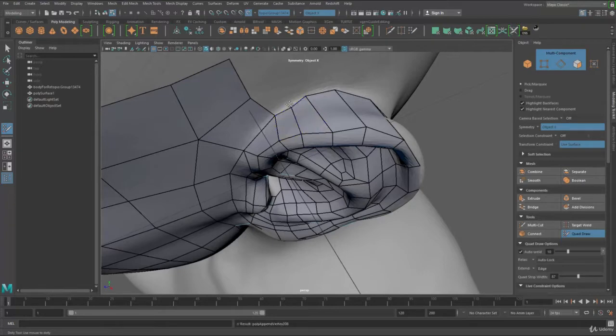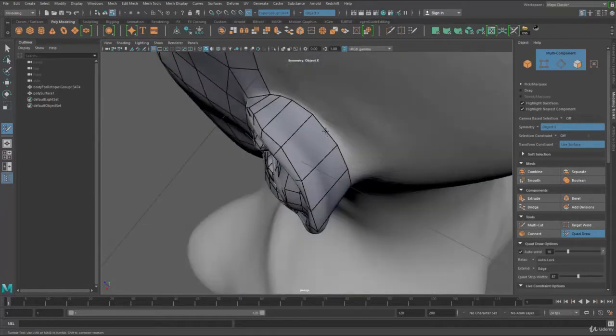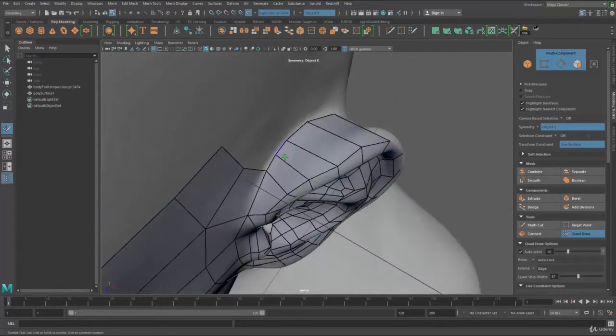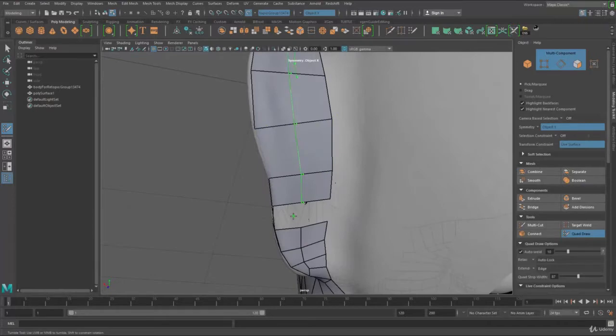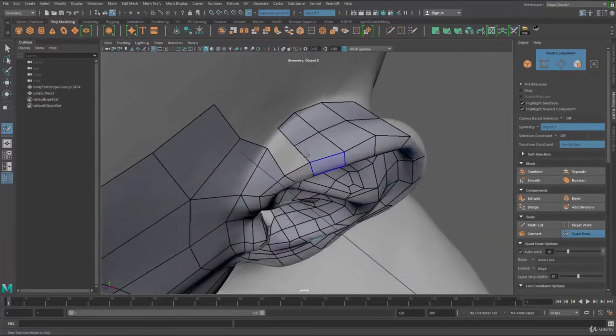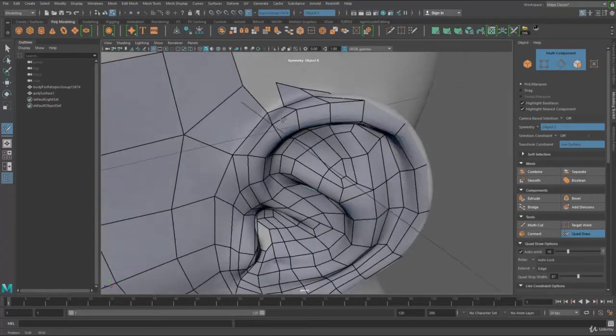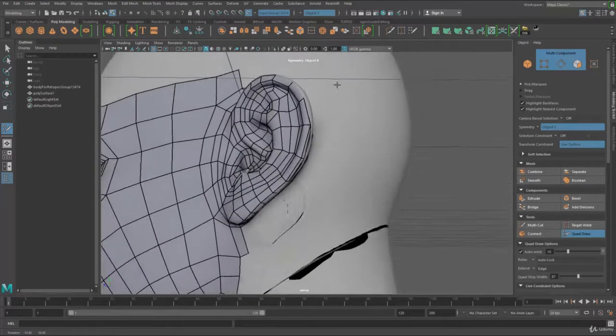Okay, fill that in. Alright. Oh, one more thing I want to fix though. I kind of have to break that. Okay, and then let me add one more edge loop in the middle and fill in that gap. Right now it's time to fill that in, and I wanted to have just one more loop here and fill that in. So the reason I need that one more loop